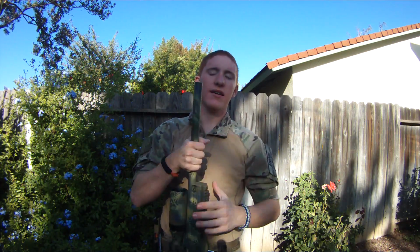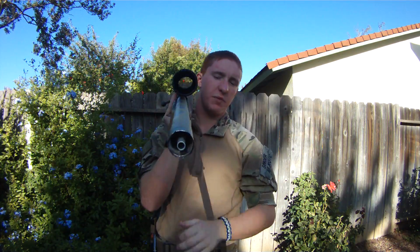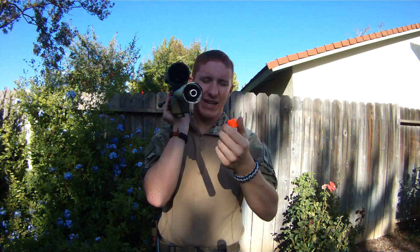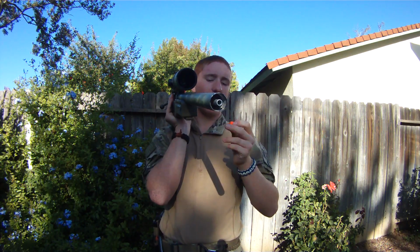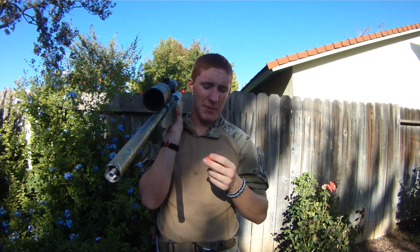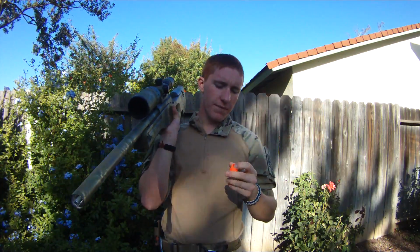Moving up to the end, you would find that there is no flash hider. That's because I removed it, because it's blazing orange. I painted it, and it didn't like to be painted, so you know how some plastic things, the paint kind of just runs off? It's kind of what was happening with this. So I took a torque wrench to it and I jerked it off. Well,